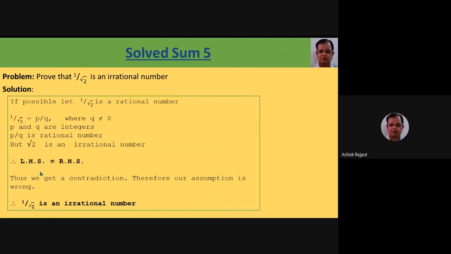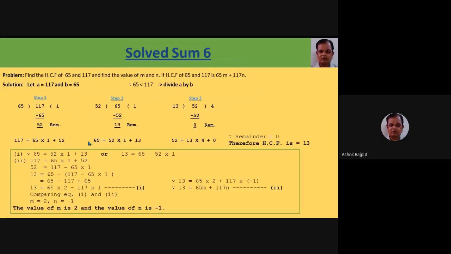Why do we always decide it is in the p by q form? Because we have studied the rational numbers and know more and more about them. So we can take it as a rational number, then we work that way and check it. It is the simple method for checking whether it is rational or irrational. Then we go to the next question.